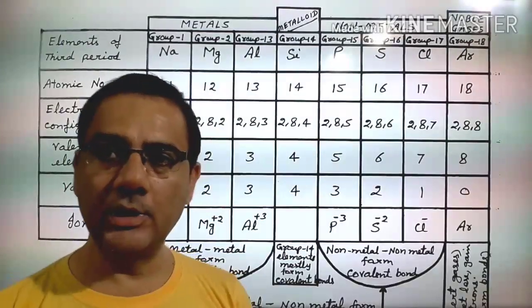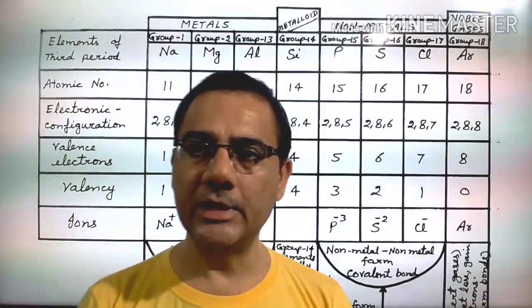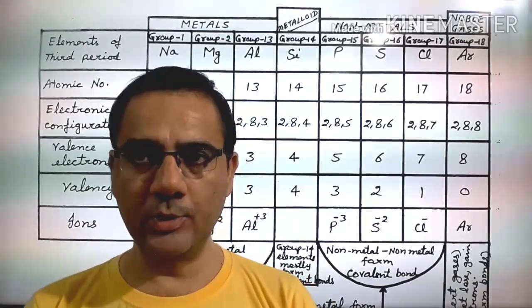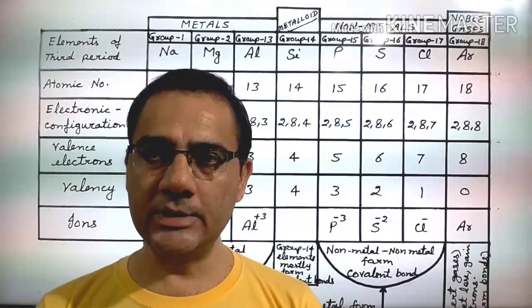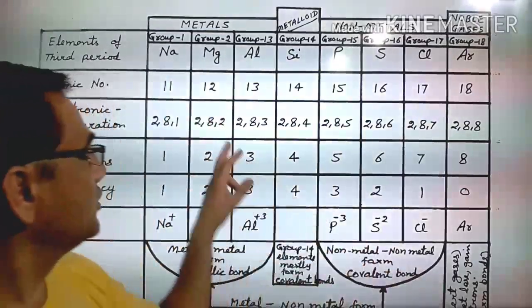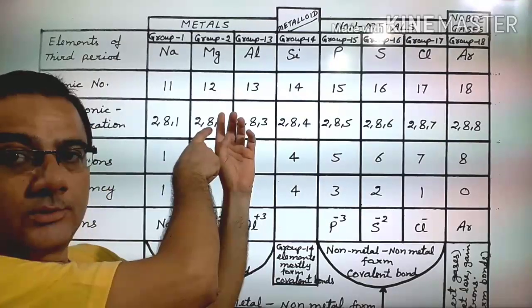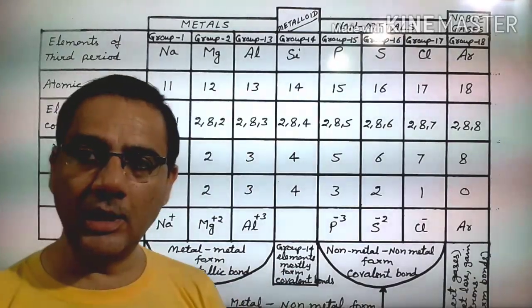It has 2 electrons in the outermost shell. And if it has 2 electrons in the outermost shell, again there are two possibilities. Either it loses both the 2 electrons. These are the 2 electrons. And if it loses 2 electrons, then this will become the outermost shell, and it will have 8 electrons in the outermost shell.